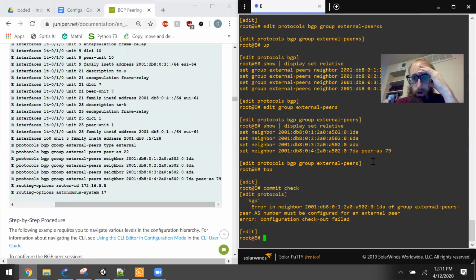peer-as. There's only one peer-as configured for a specific neighbor, but as such, since we've got type internal,